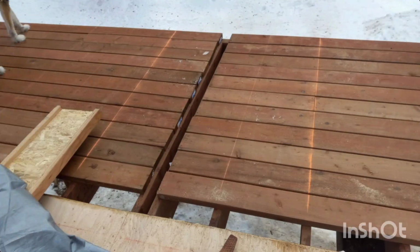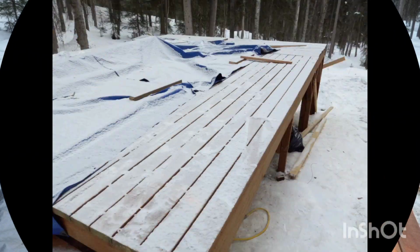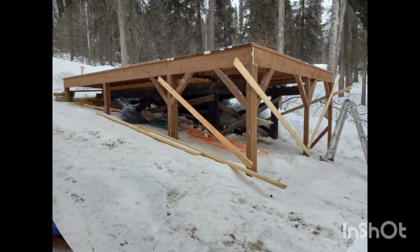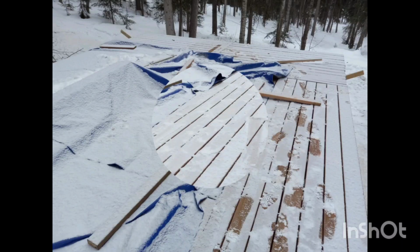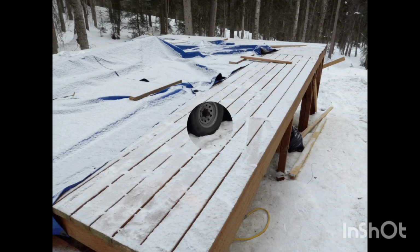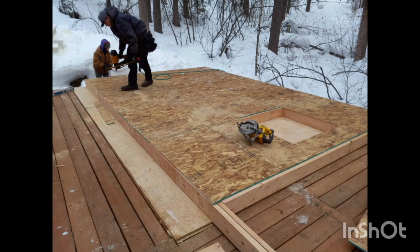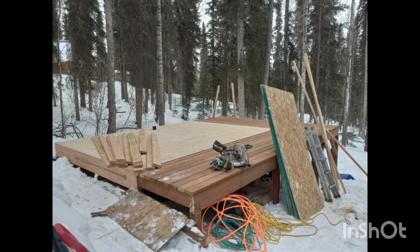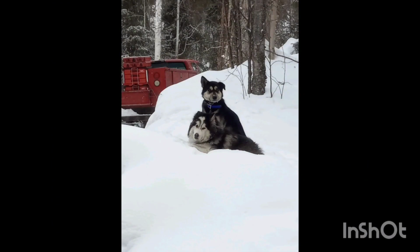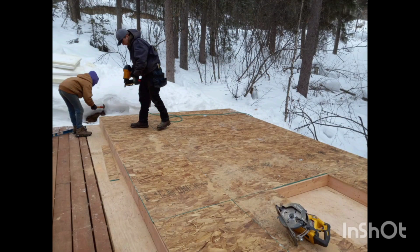So we did the deck first so we'd have something dry to stand on as we build the house, and used all-weather wood for that, and everything down below is all-weather wood as well, and treated everything so it's good to go. Boy, lumber prices ridiculous still, and quality even worse, so it took forever to get all this lumber here. Dogs were fun to play with there on the construction site, and our son came over and helped us,